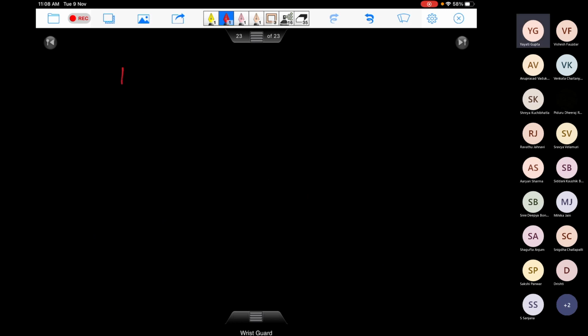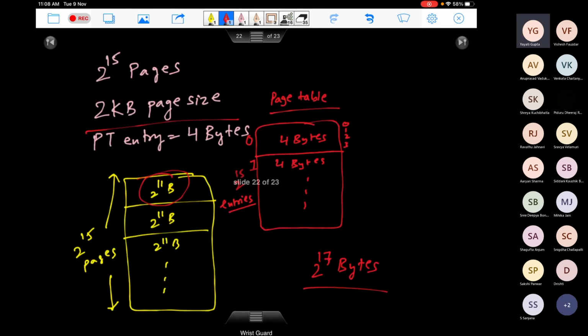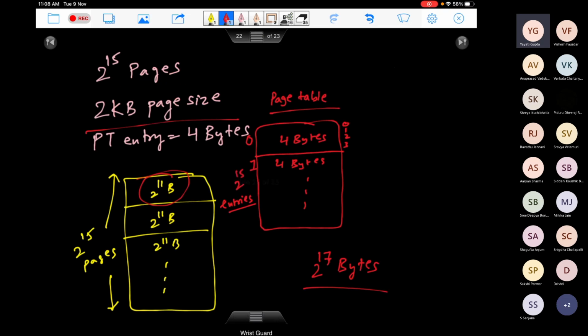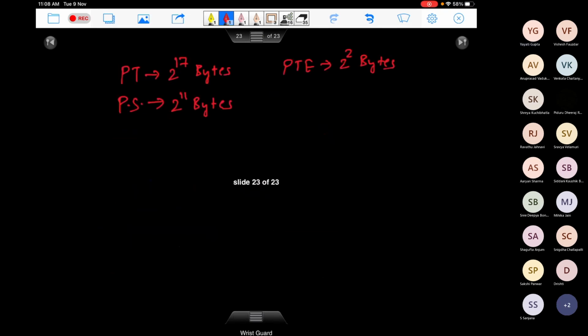So let's write down. So your page table is 2 to the power 17 bytes. Page table entry is 2 to the power 2 bytes. Page size is 2 to the power 11 bytes. Okay.